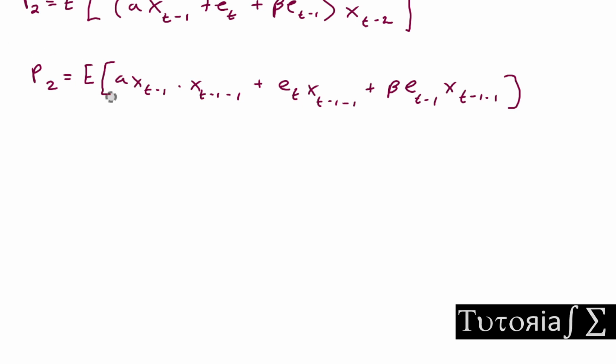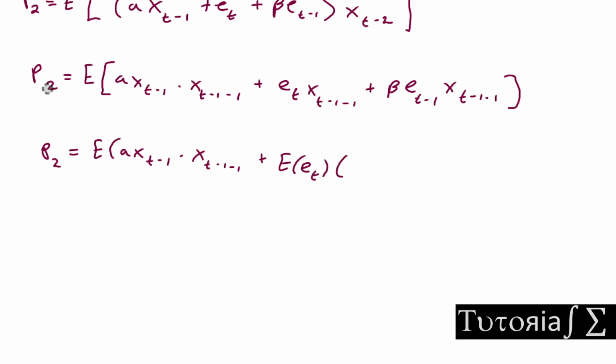So basically we distribute the expectation. So row 2 would just be equal to the expectation of a x_{t-1} times x_{t-1} minus 1 plus the expectation of e_t, just like we were distributing before,